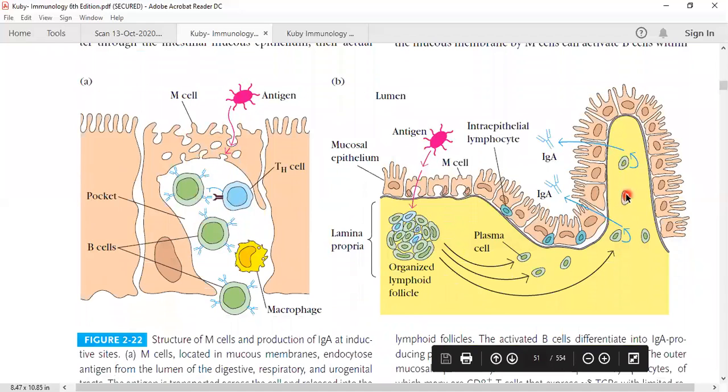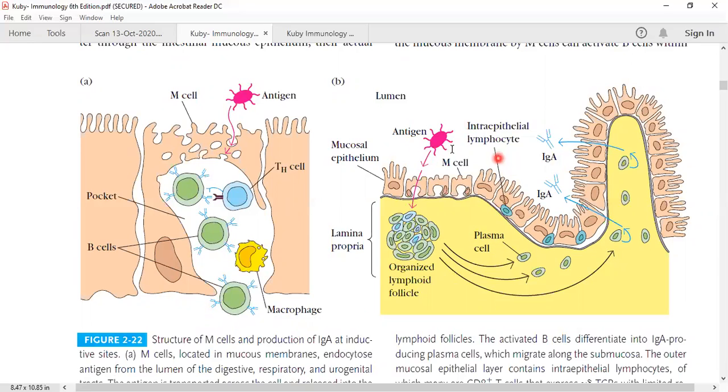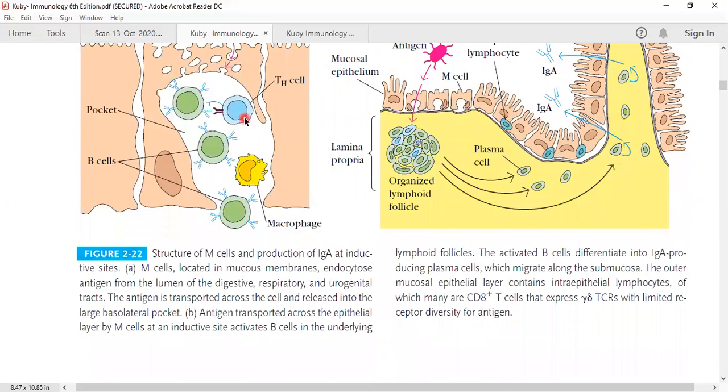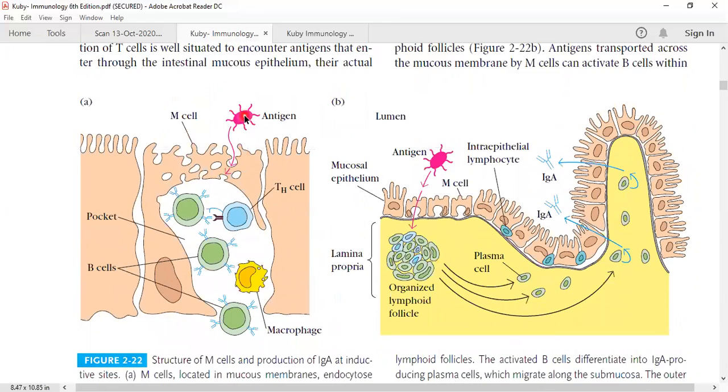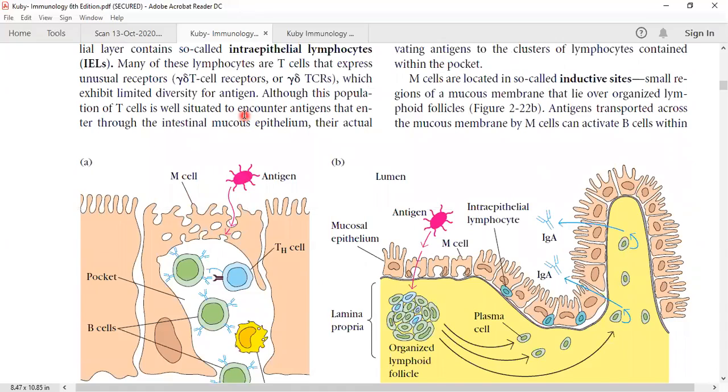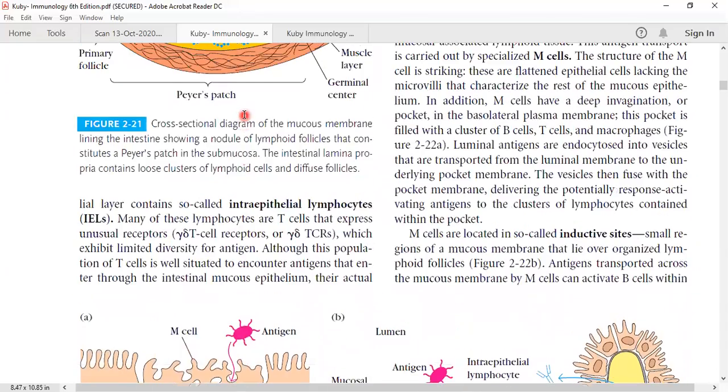The B cell will differentiate into the plasma cells and they will secrete a large number of IgA class antibodies, which are secretory antibodies, and therefore if more antigens are present in the lumen, these antibodies will neutralize all those antigens. All right. So that's how our immune system is very efficient in neutralizing, removing, and killing all the pathogens